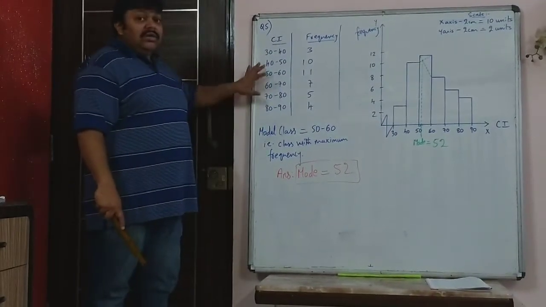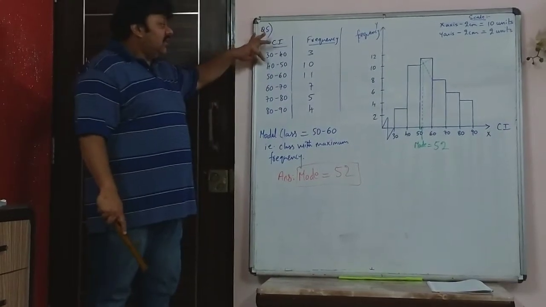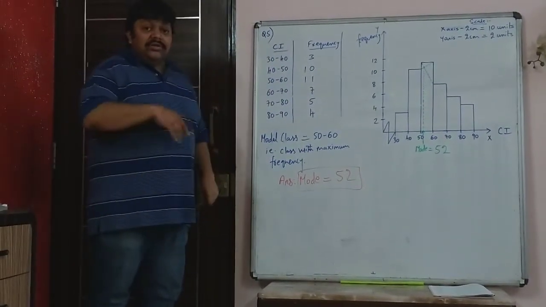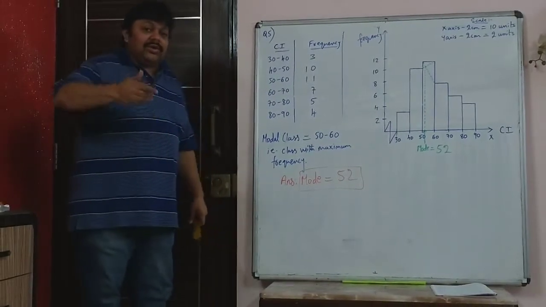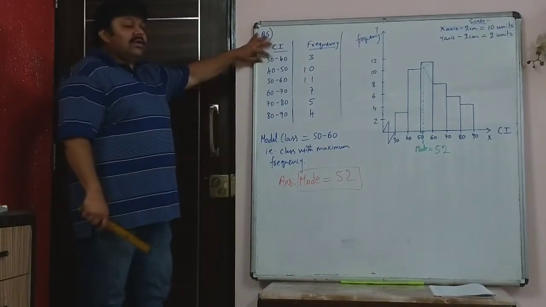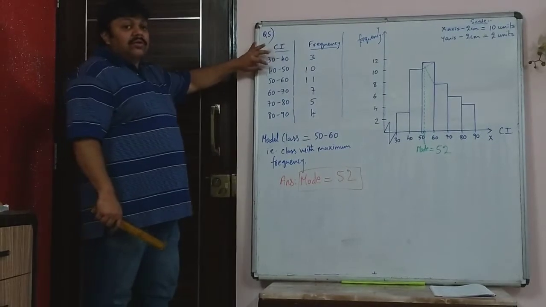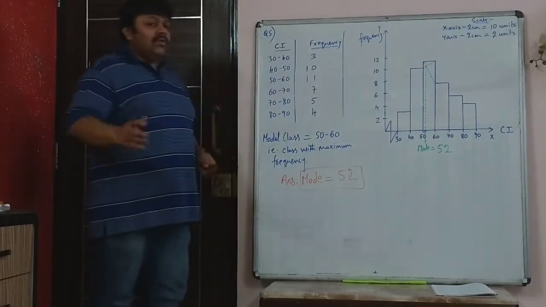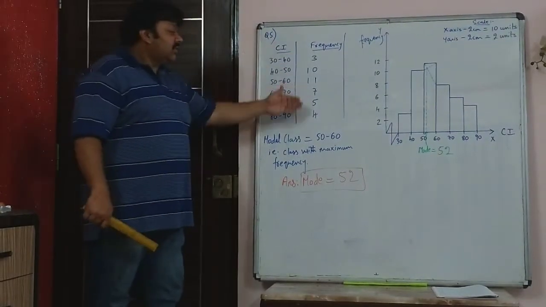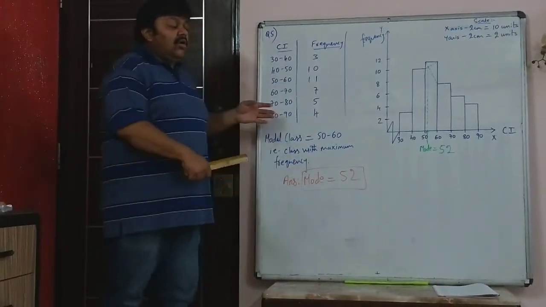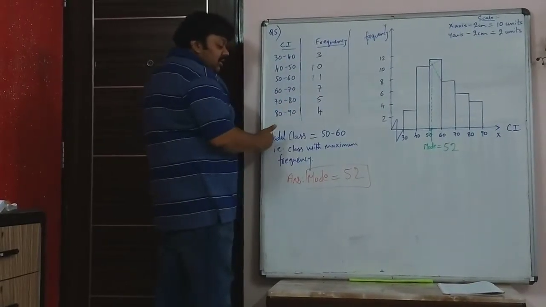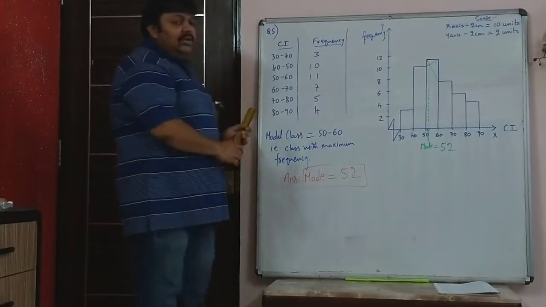The reason is each class should be of the same size. The reason for that is this is statistics. In statistics, when you compare, you can't have one class of size 10 and the next class of size 20. It should be uniform. So this is what is given and that is just what you have written in the answer sheet. Of course, in the board exams, you will write this in the main answer sheet and you will draw that on the graph.